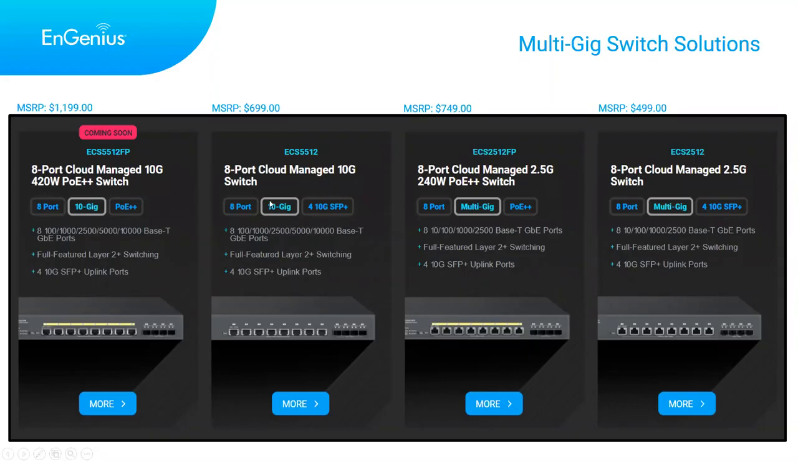Then we have a non-PoE version of this. They're 10 gigabit on every port. Then we have multi-gig, 2.5 gig. This is our 2.5 gig PoE switch, 2.5 gig on every port with 10 gigabit uplink ports, and then we have a non-PoE version of that. So this is our multi-gig 10 gigabit PoE cloud